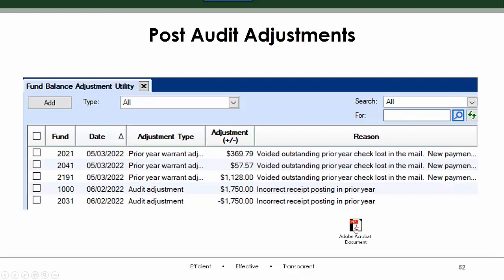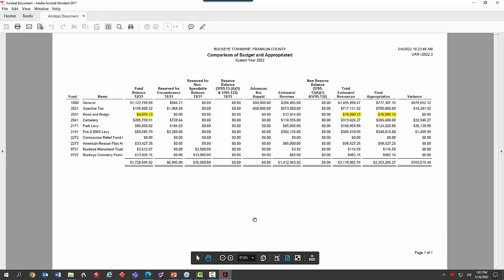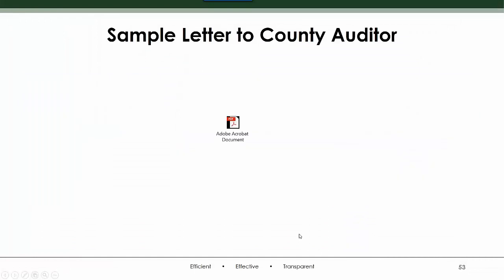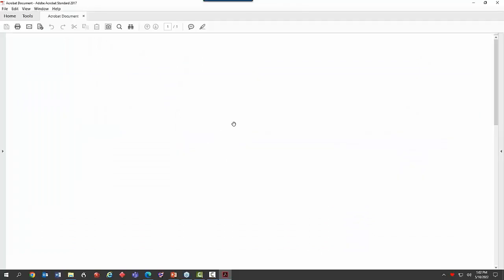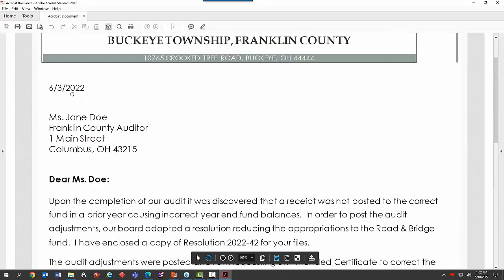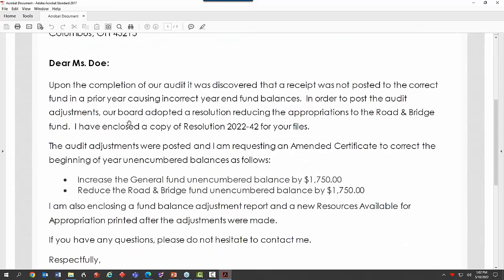And I'm going to send a letter to the county auditor after the meeting because I need the legislation reducing appropriations, right? So here's my adjusted fund balance. It's now reduced. My appropriations have now been reduced to the lower amended certificate I'm going to ask for. So I did things in the proper order so I wouldn't get a compliance violation. And here is the crazy letter I'm sending now to my county auditor. And remember, it's not dated till the day after the meeting because what if I forgot to get them to adopt that resolution?